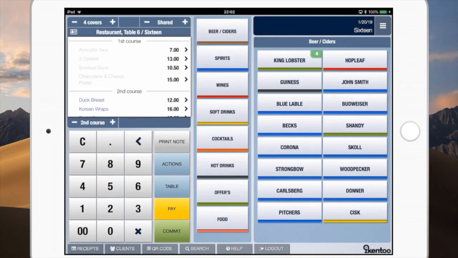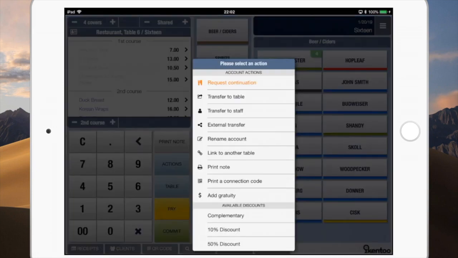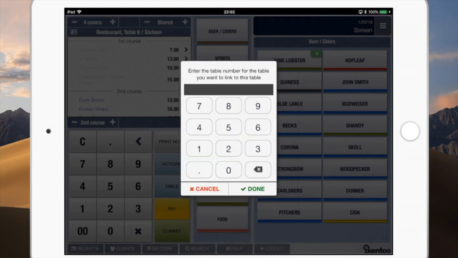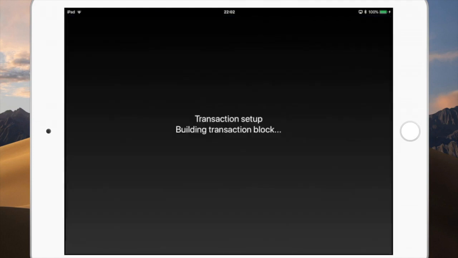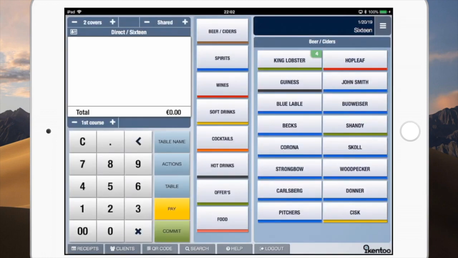Next up is linking a table. Now, what is linking a table? With iKentoo 3.0 and the new functionality of wait times, linking a table is a very important tool for the system. Why? Because let's say in this case, table 6 is a large group of people made up of 2 or 3 tables. When we link a table, in this case I'm going to link table 5 to table 6,